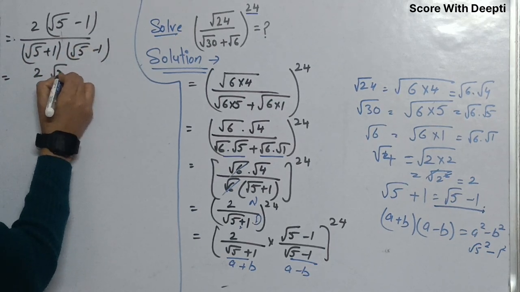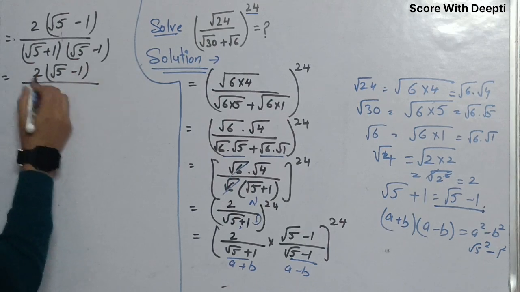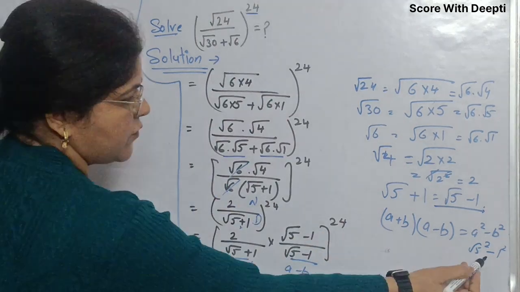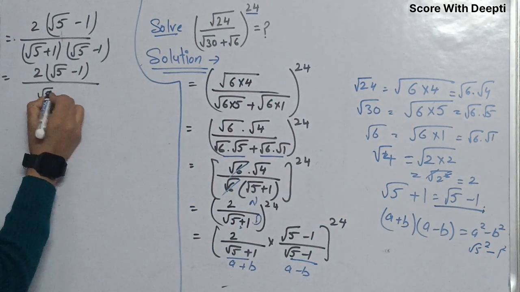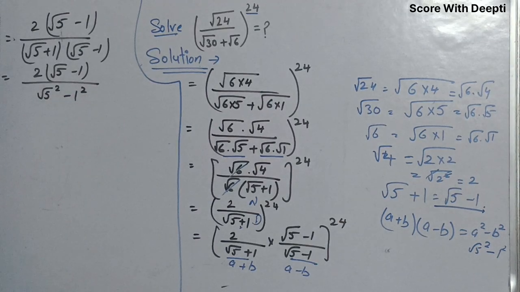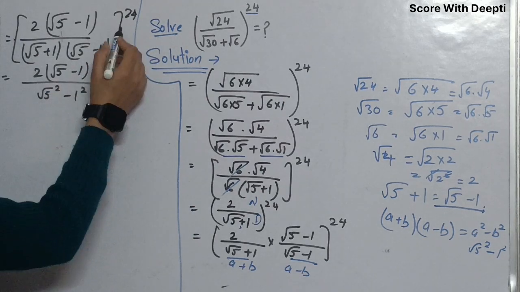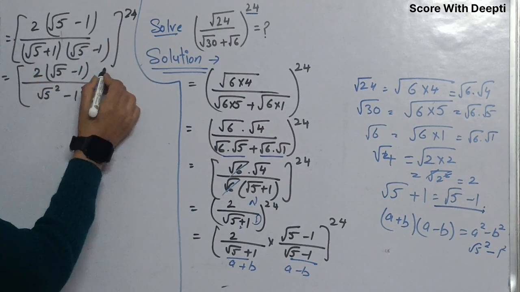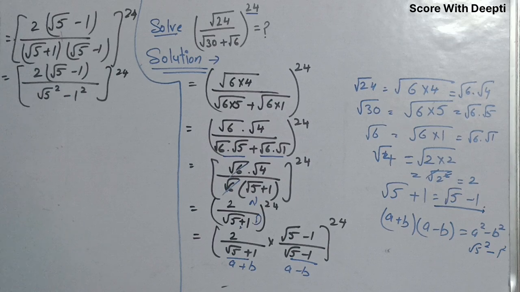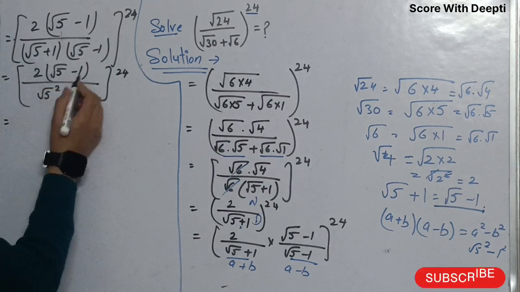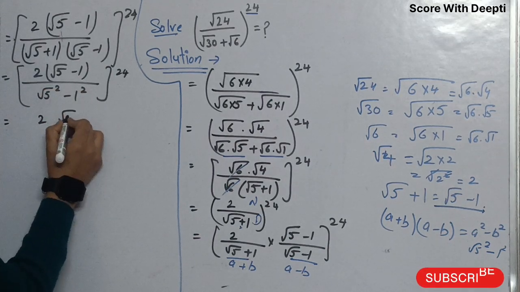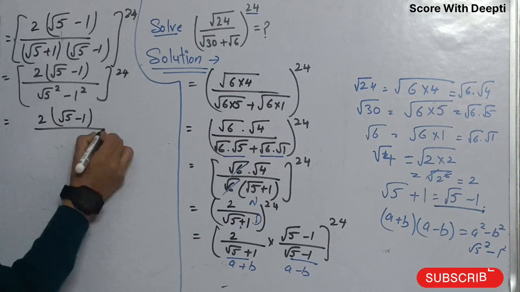Next, 2 into square root 5 minus 1 over, using a plus b, a minus b, we get square root 5 square minus 1 square. We write the power 24 as it is. Next we solve this and get 2 into square root 5 minus 1 over